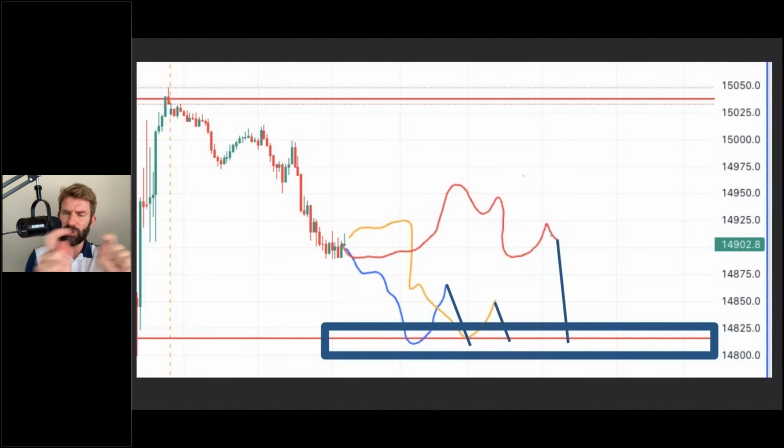I prefer using a zone, by the way. Use a rectangle tool on TradingView rather than a fixed line. A fixed line, there's nothing wrong with it, and maybe it's the way that I like to frame things, but I always think that anchors you in such a defined level. And price very rarely just kisses a level and goes. It's a zone. Especially now with algos, they'll lift a bid, let price go through, step back up.